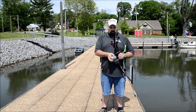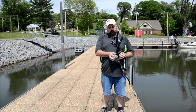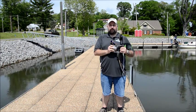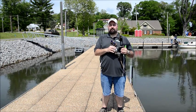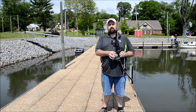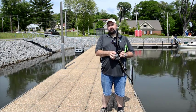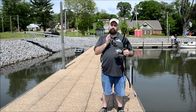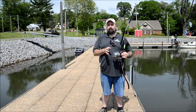The drag settings, you can turn it down to where there's no drag. This is an automotive disc style drag system. So anytime you're going to take the cap off, you always want to turn the drag down to 0. But then it's got a quick thumb adjust, and the way you want to set your drag is depending on your fishing conditions. You want your drag set just tight enough that when you shoot your arrow into the water,